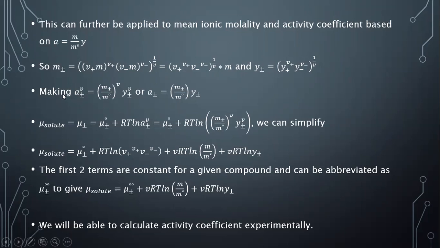So essentially activity coefficient is going to be this, that. Okay, so we have essentially a way to abbreviate our activity in terms of molality and activity coefficient. It's a messy little hot mess. It can be done. So from there,